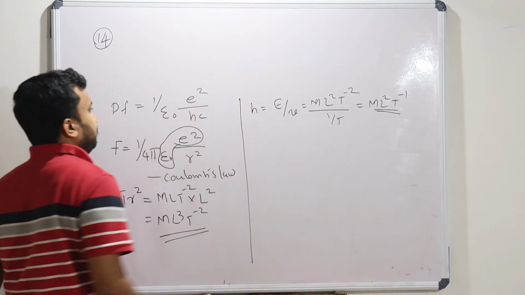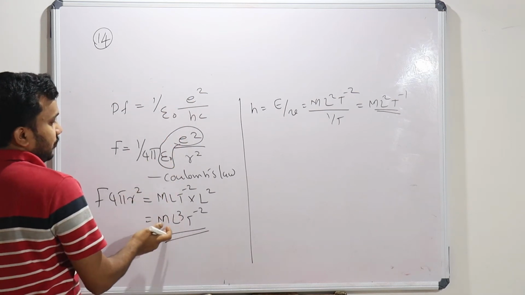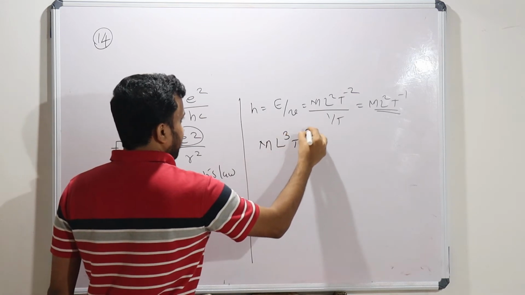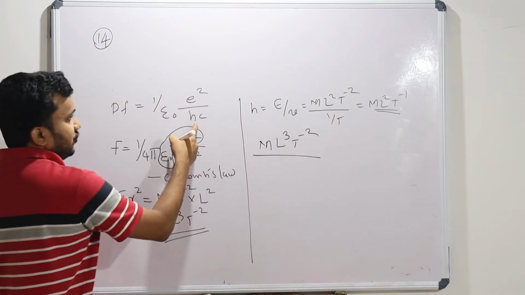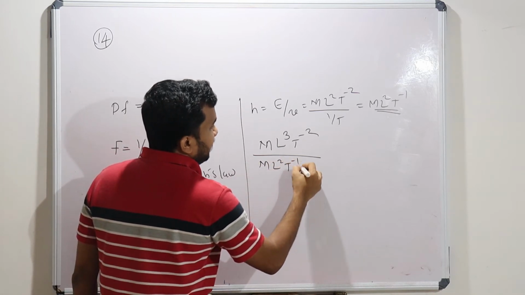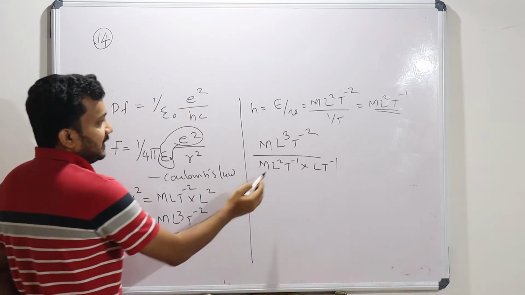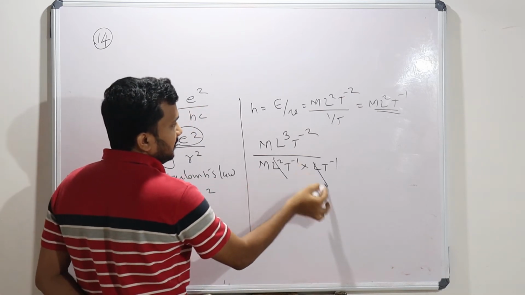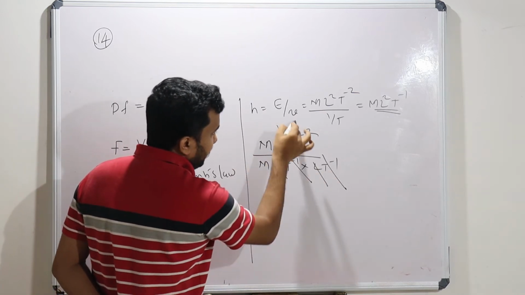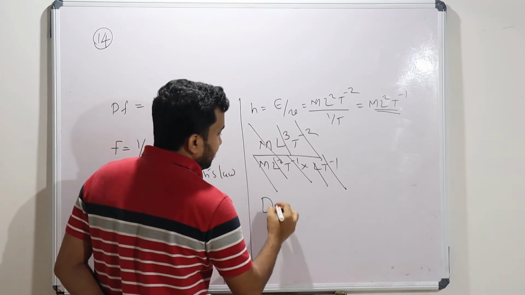C is velocity. Now we will substitute the quantities. E square by epsilon 0, we already found, becomes ML cube T power minus 2, whole divided by h. h means ML square T power minus 1. C means L T power minus 1. So here L square, here we have L, this cancels, this cancels. T power minus 1, T power minus 1, T power minus 2 cancel. M cancels. So it is a